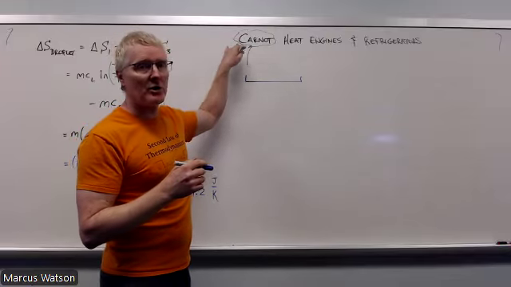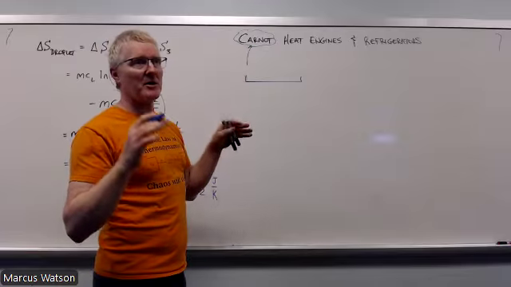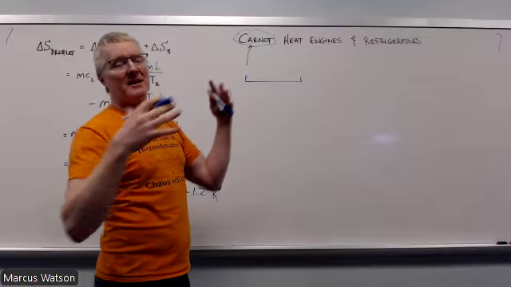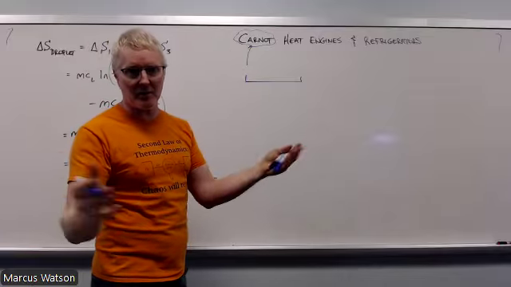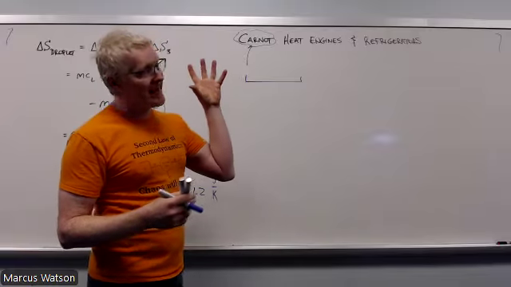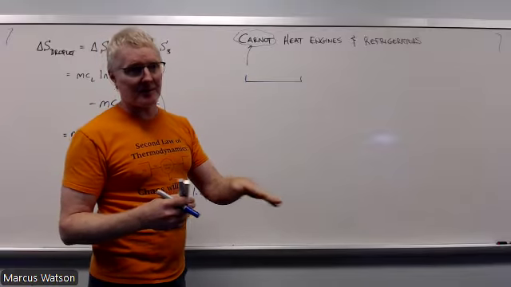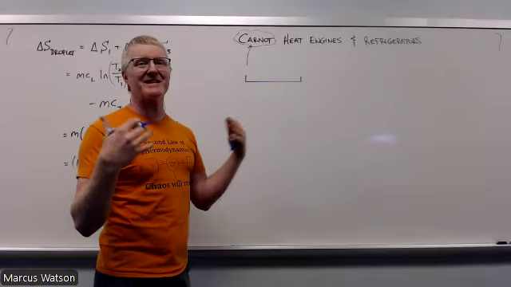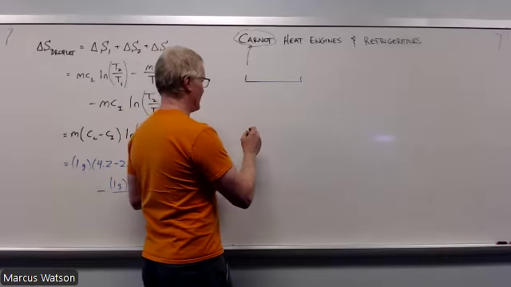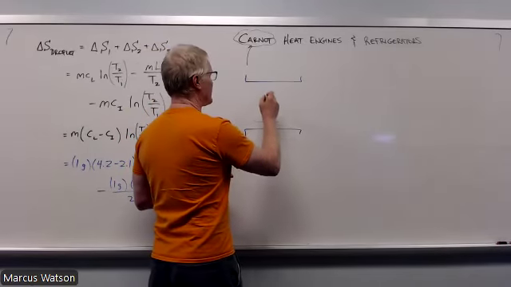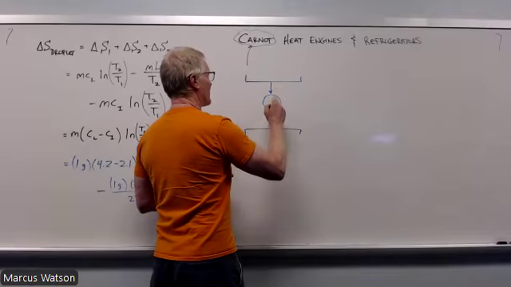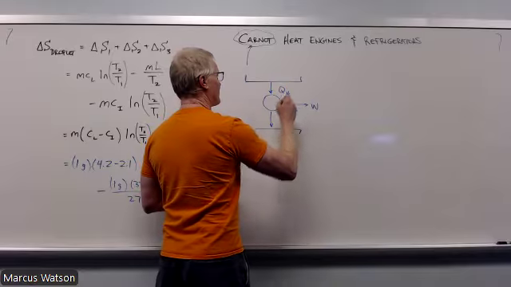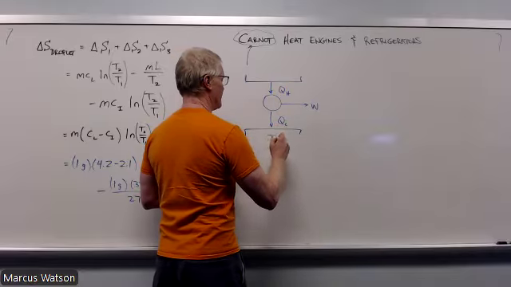And one of the reasons we look for the best possible situation is because that gives us the ceiling of what we can expect from efficiency in a given cycle that we might be interested in. Everything else is going to be lower than that. All right, so it's a nice, easy way to think about what could we expect to have happen, and go from there. So a heat engine, as you know, looks along the lines of this.